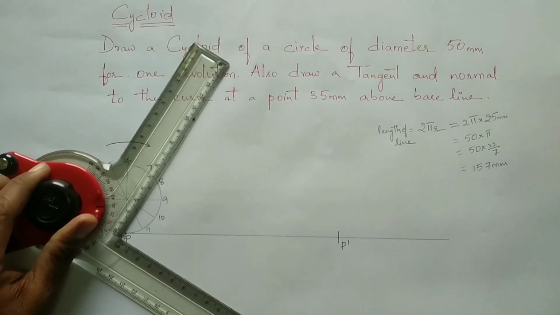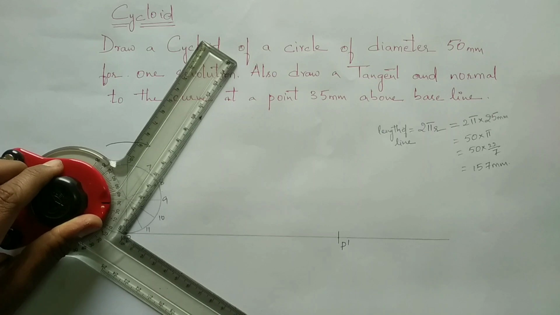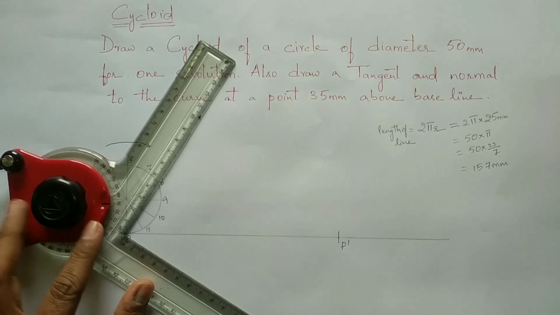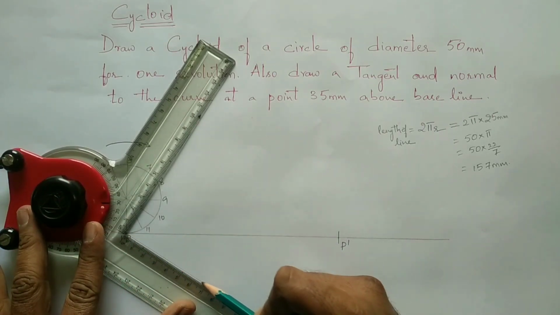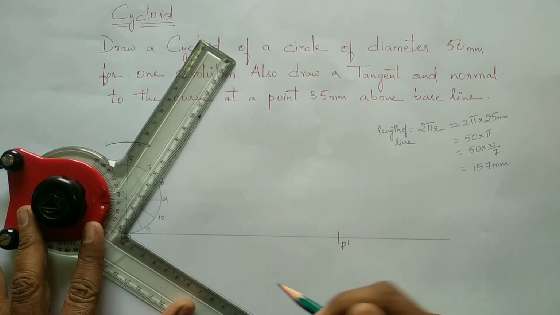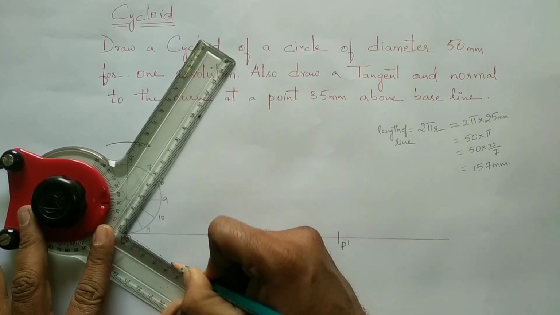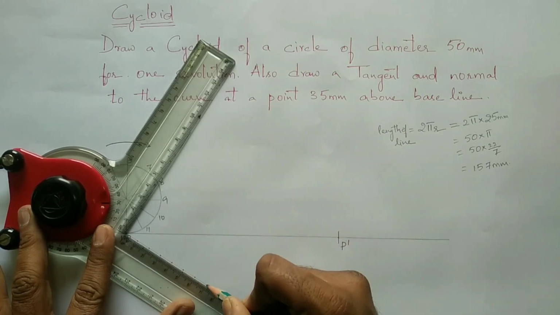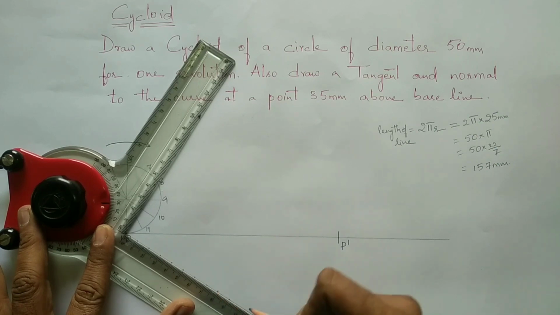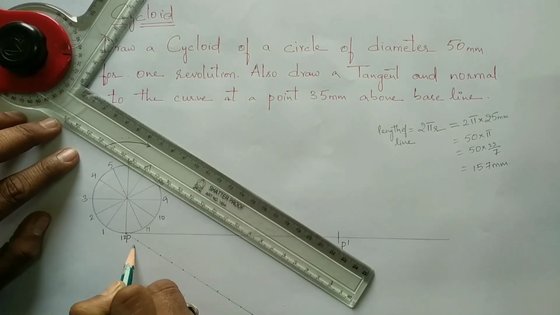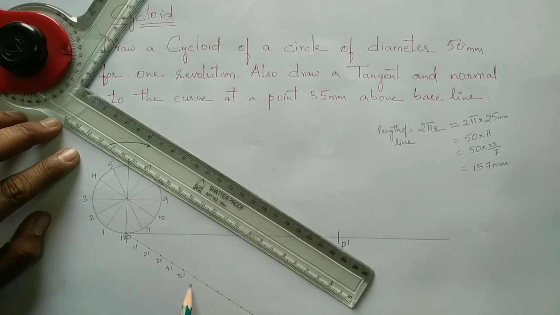Now, using that acute angle method, I am going ahead with the division of the line into 12 equal parts. Drawing a line at a certain inclination, taking 12 points: 1, 2, 3, 4, 5, 6, 7, 8, 9, 10, 11, 12. I have taken each distance between the points as around 10 mm. Now give the numbering for identification: 1 dash, 2 dash, 3 dash, 4 dash, 5 dash, 6 dash.